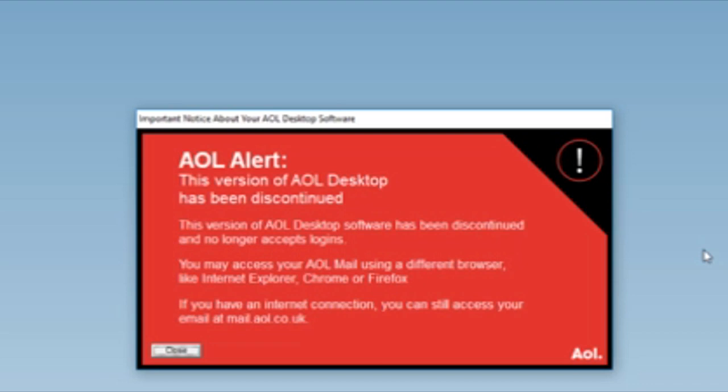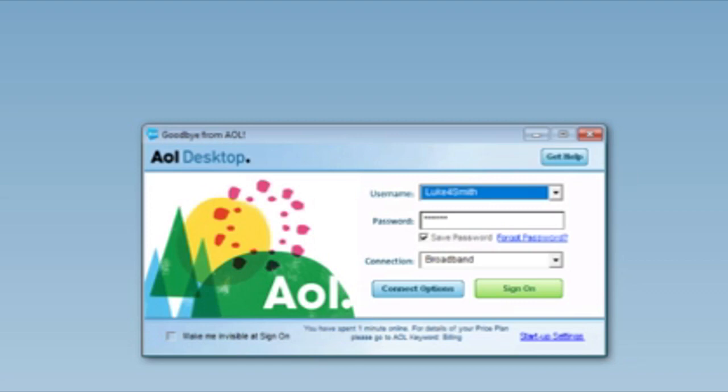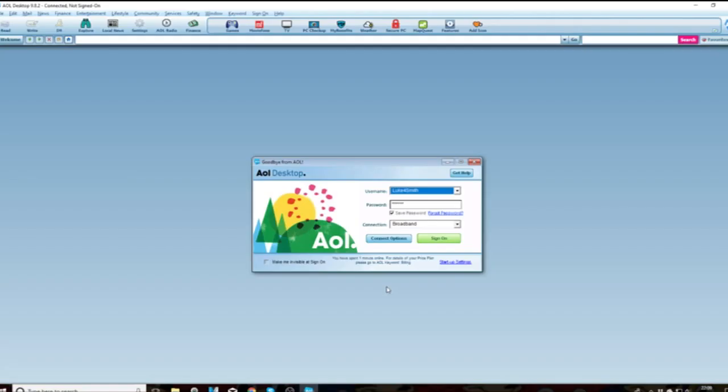I used Internet Explorer for it. No, not Chrome. Anyway, it's not called Internet Explorer anymore. It's called Edge. If you have an internet connection, you can still access your email at email.aol. To be honest with you, I still have an AOL account, an AOL email address. I mostly use it for spam, like a spam collector. But I sometimes use it if I want to sign up for something that I just want to get a bit of information from, something I'm not going to be interested in much. So yeah,